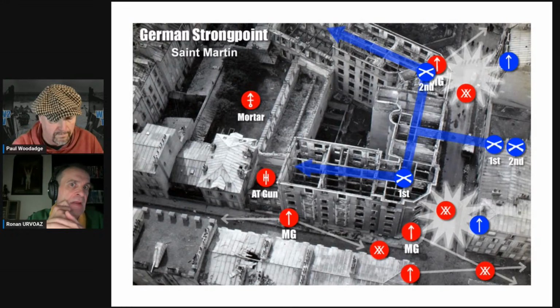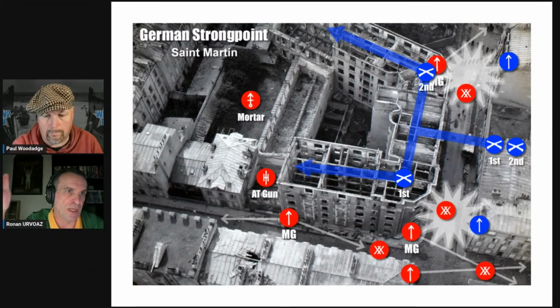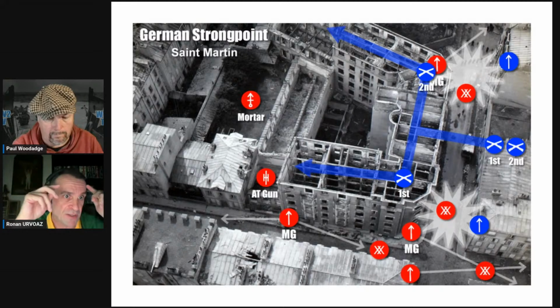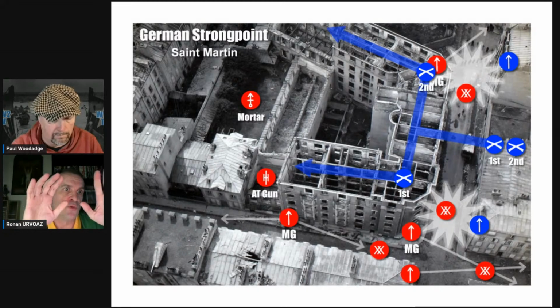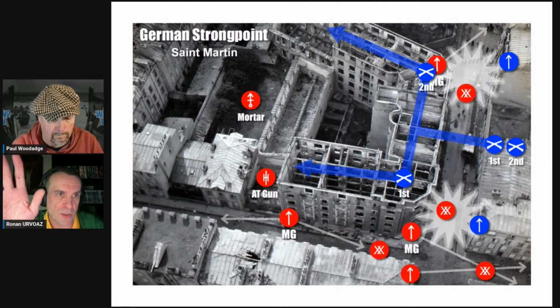So basically, at one point in that scenario, you do have to cross the road. I mean, there's no other choice. The way you do this is you throw a smoke grenade, preferably a white phosphorus grenade, because you can kill people at the same time. So to mask, to blind the enemy and to surprise your enemy. But